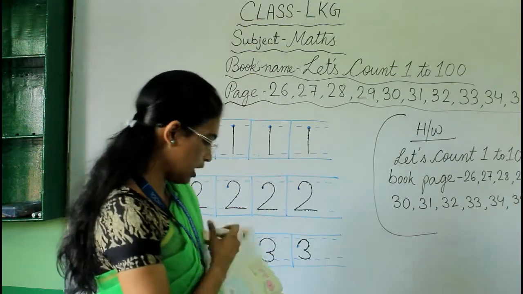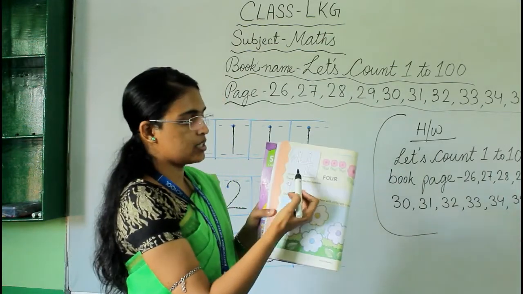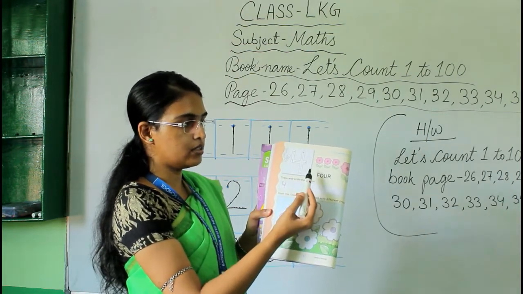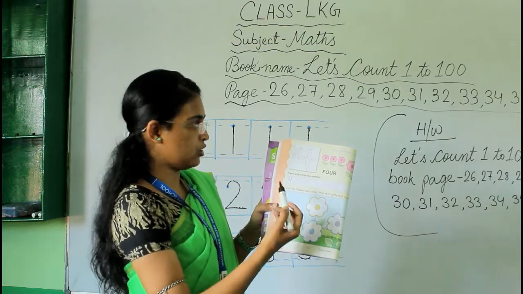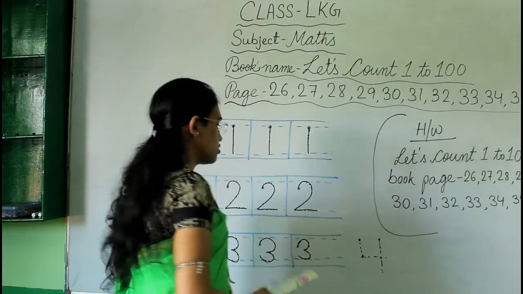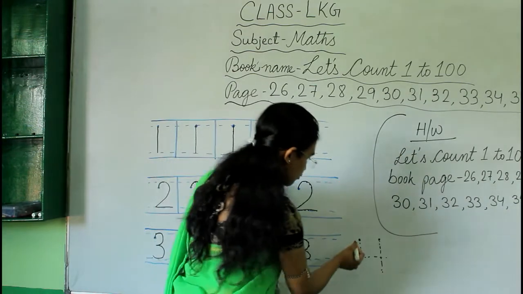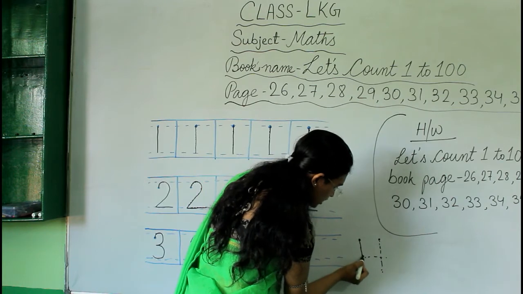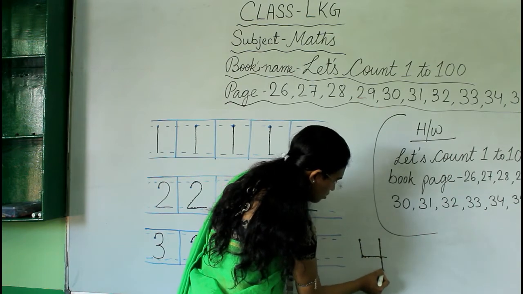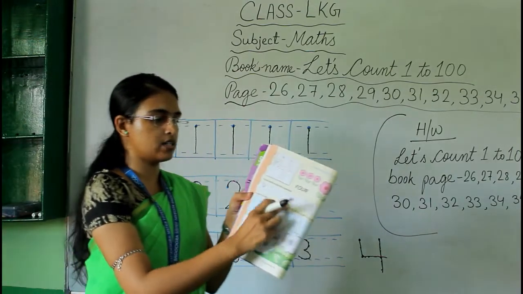Turn the page, come to the next page. Now in page number 32, which number is written here? Yes, it is number 4. Here also you have to trace the numbers. Then you have to color this picture. How you will trace the number 4? Like this. Okay, so this is number 4. Here can you see a dot in the top? So from here you have to draw a short line, then a standing line, then a slipping line like this, then a long standing line. This is number 4.